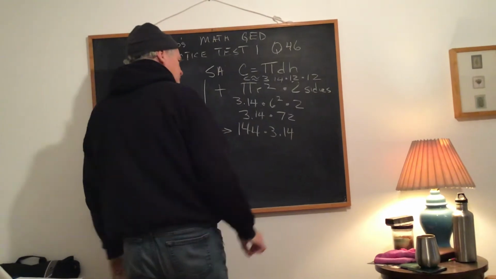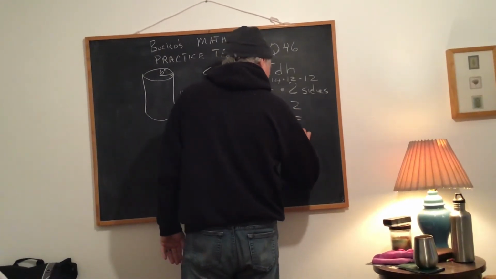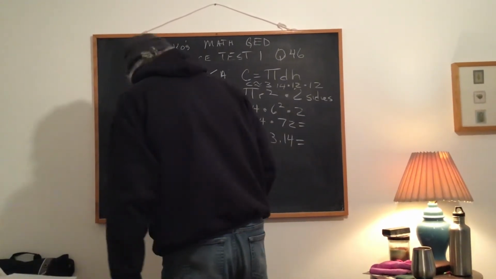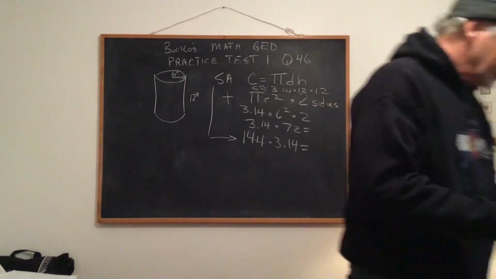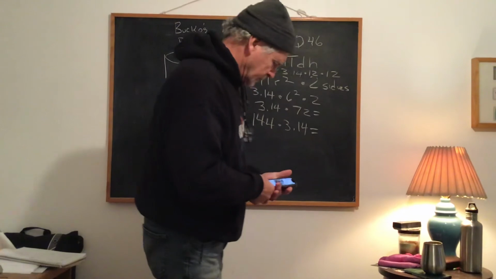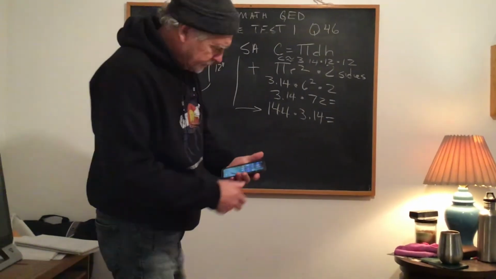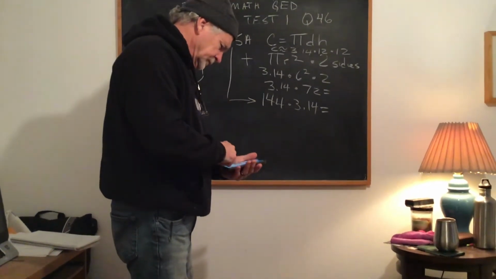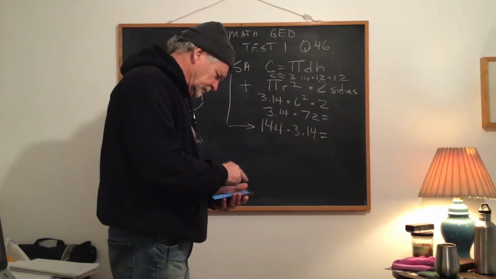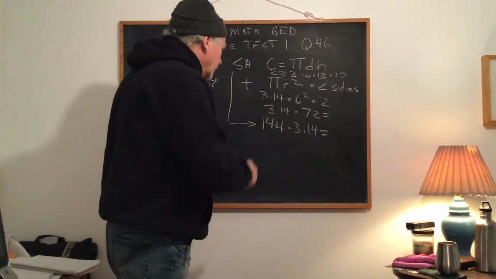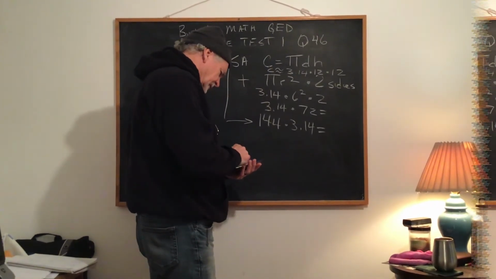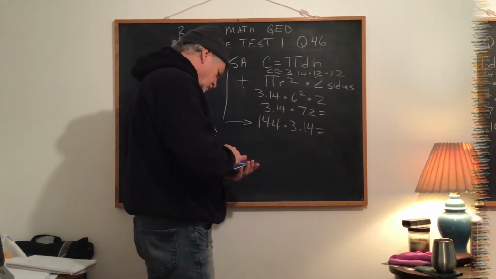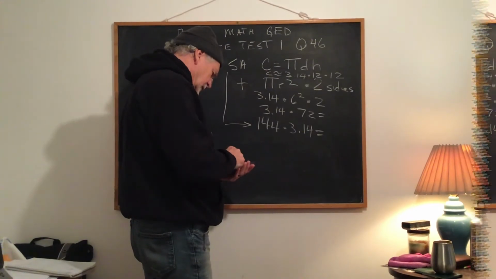Just make our job a little easier. So all this in a calculator, that good old phone, comes in handy. Okay, 72 times 3.14 equals